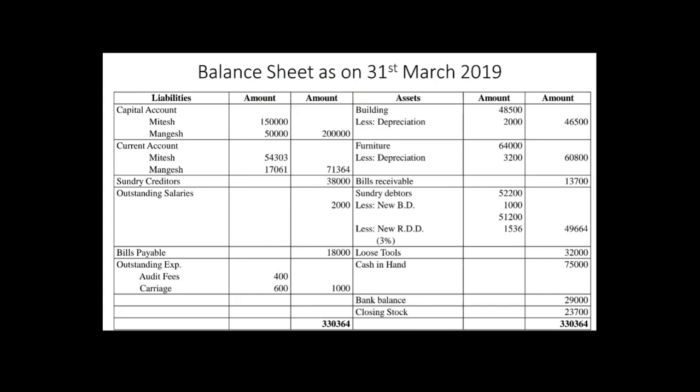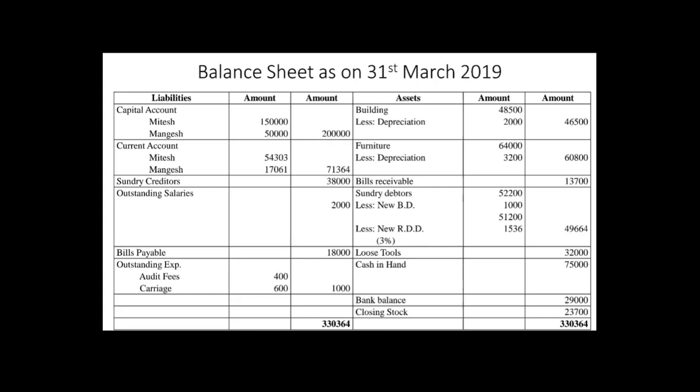So if outstanding or prepaid is given in the trial balance, only one effect will go, because it is not an adjustment. जब वो नीचे दिए जाते हैं तब वो adjustments होते हैं. If they are given in the trial balance, then they are not adjustments. Then you only have to show one effect: either in the balance sheet ke liability side, or in the balance sheet ke asset side. There will be no second effect; in the trading account or profit and loss, no effect will go if the outstanding or prepaid is given in the trial balance. I hope the point is clear.